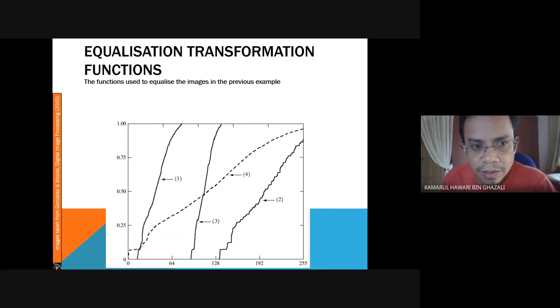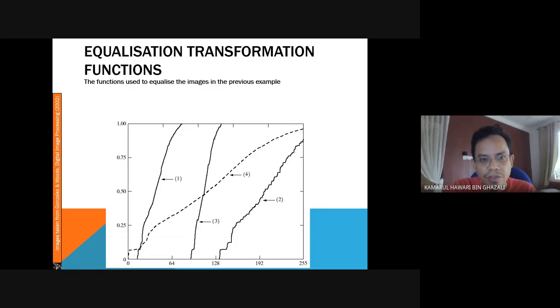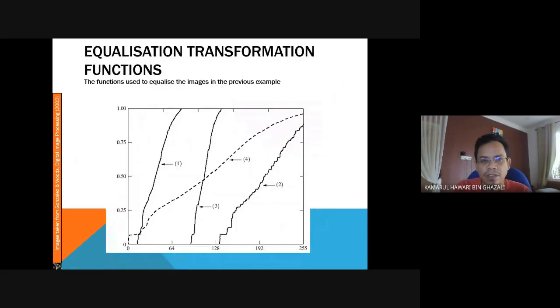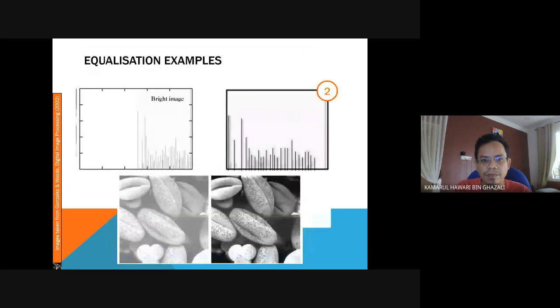We are still on chapter 3, for histogram. So this is the example of the histogram. If we have this kind of image, which is not visualized well, then we want to enhance the image